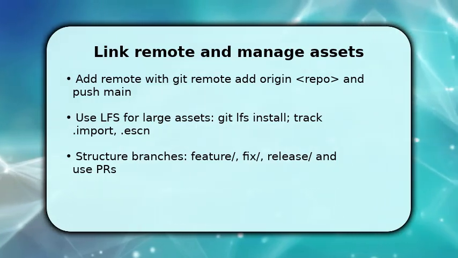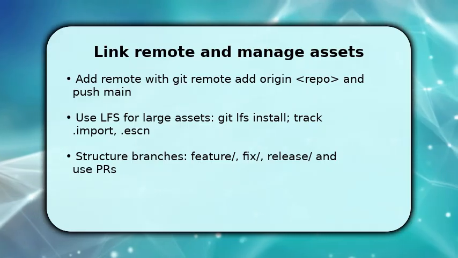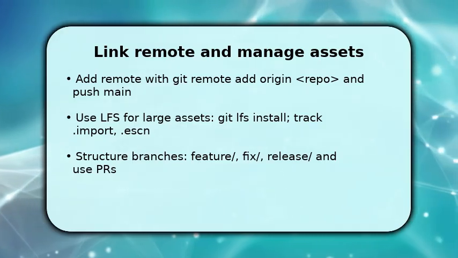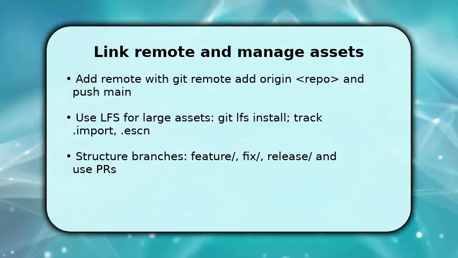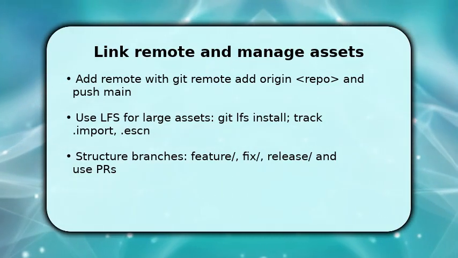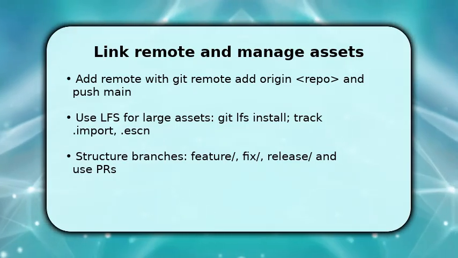history stays small. Once done, establish a branching model, create feature and fix branches for work, and open pull requests for reviews. Make sure to commit scenes and scripts separately to keep history clean. You finish by automating builds and preparing for